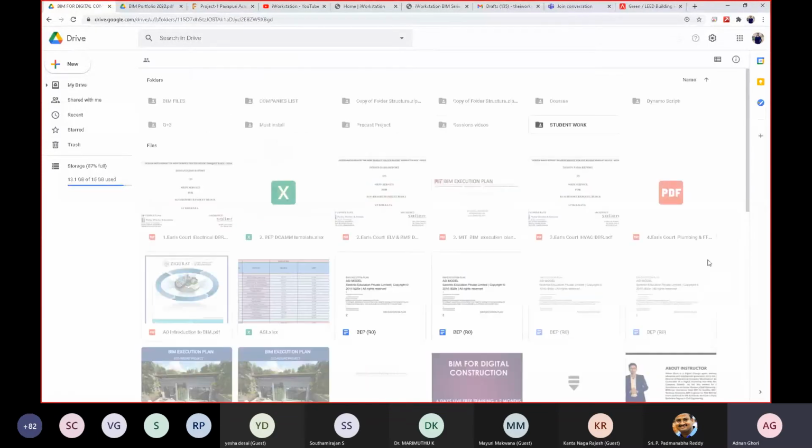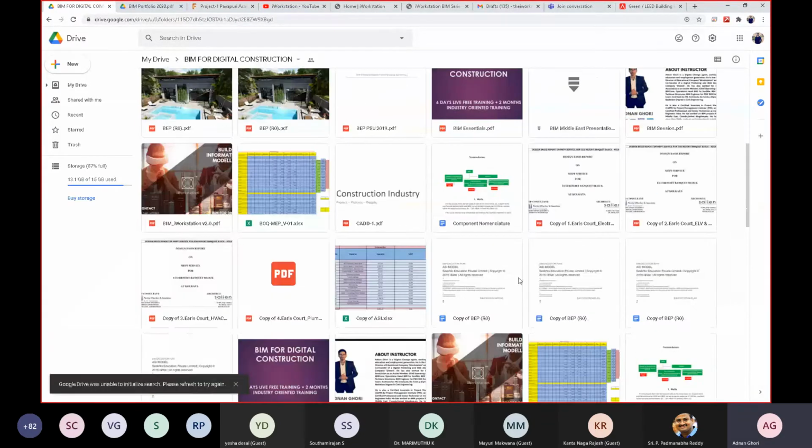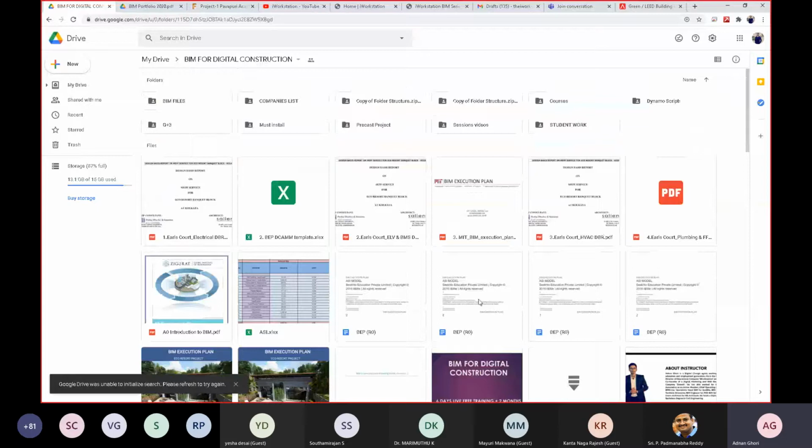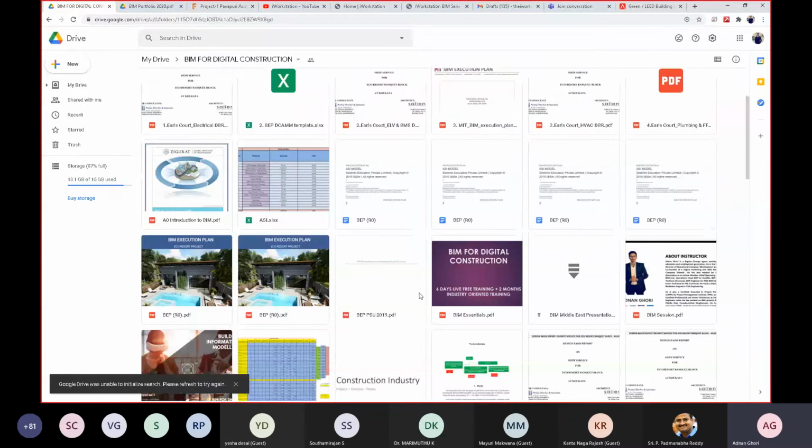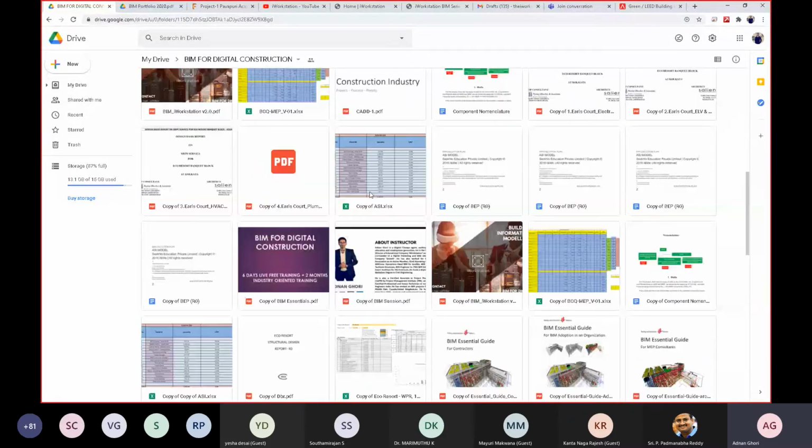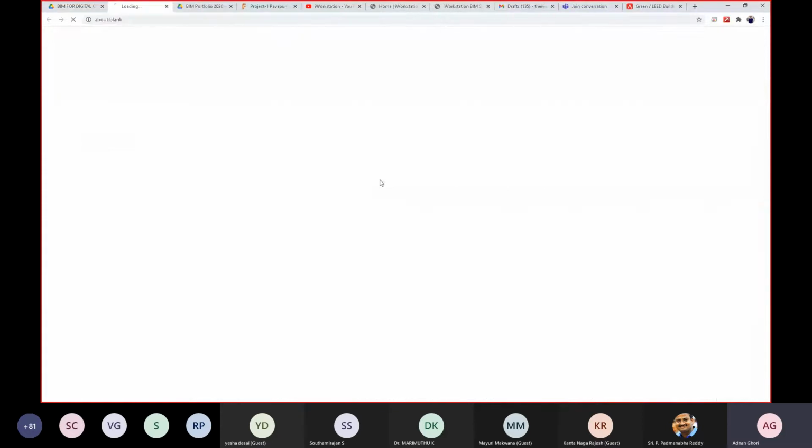So I'll show you how a master sheet looks. This is basically the resources folder. First, let's look at ASI, that is architecture, structure, and interior. In a building, you have different disciplines. I am only looking at ASI first of all, that is the architecture, structure, and interior workflow: how you export the quantities from Revit to Excel. This is not actually linked, but you can link the quantities as well.